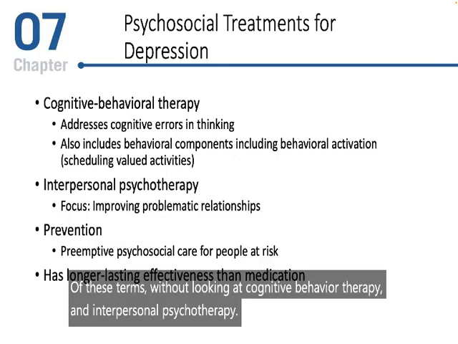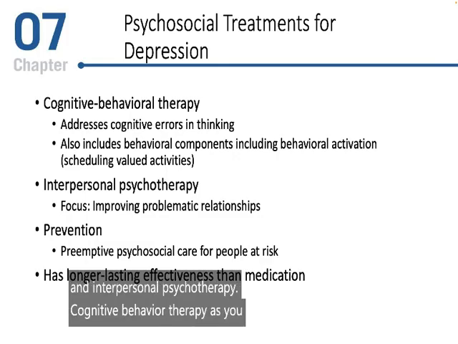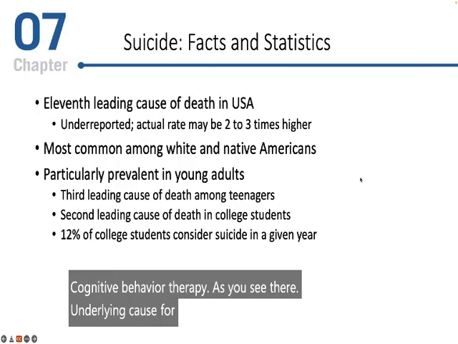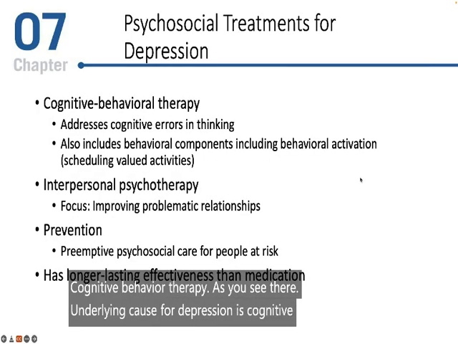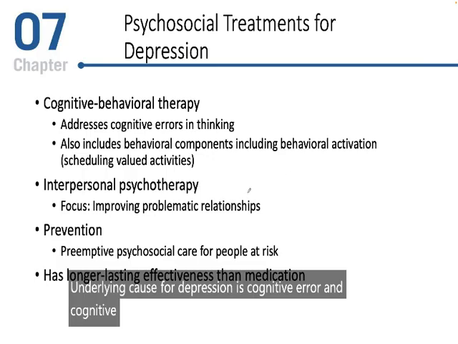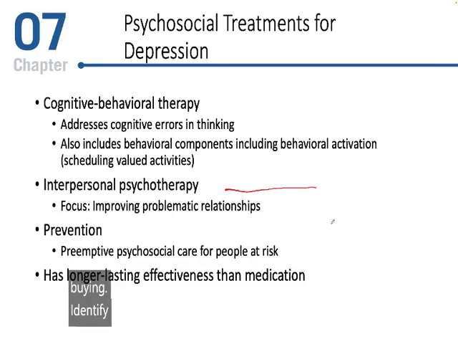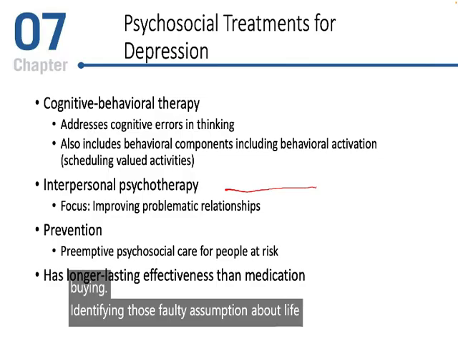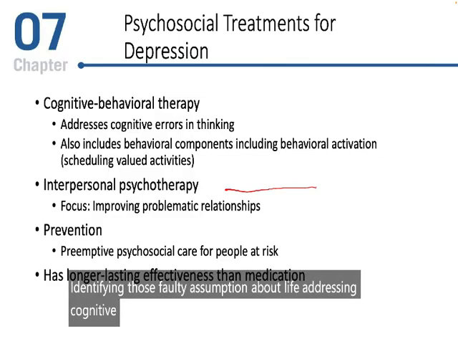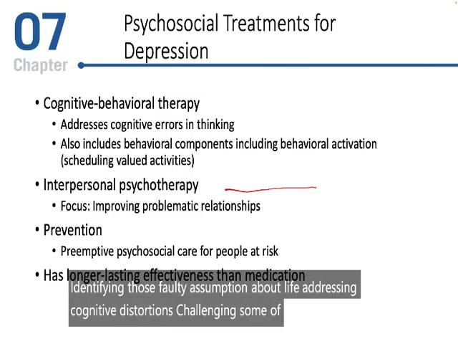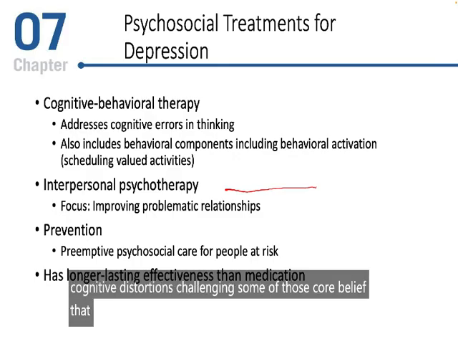Cognitive behavior therapy, as you see, the underlying cause for depression is cognitive error, and cognitive behavior therapy tries to address that issue probably by identifying those faulty assumptions about life, addressing cognitive distortions, challenging some of those core beliefs